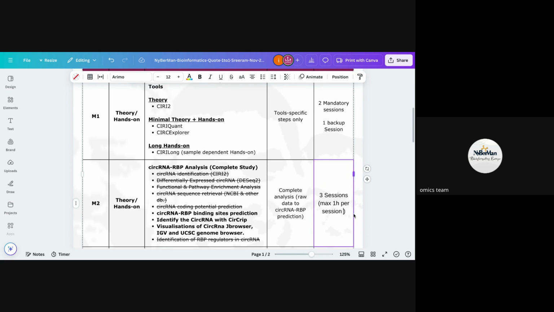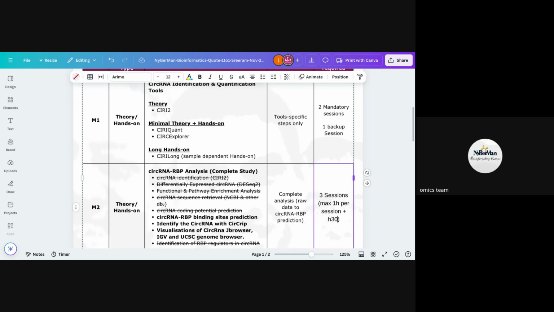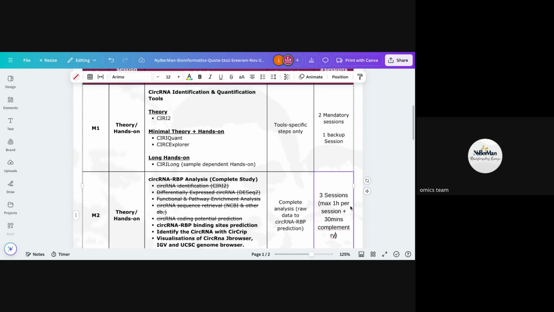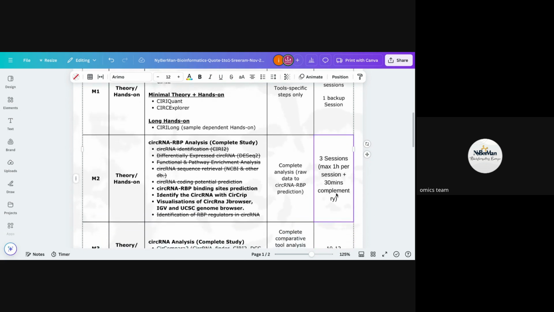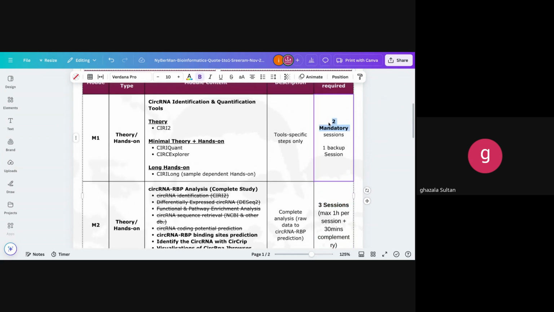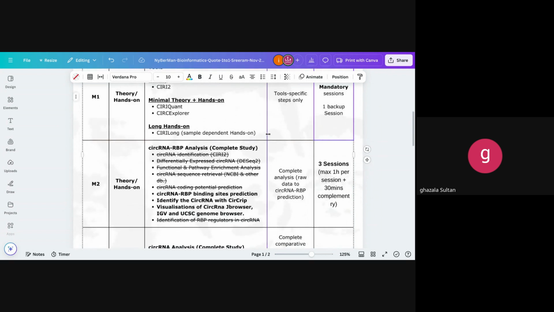Maybe like 30 minutes, only if needed. So still it's 3 sessions and a maximum of 1 hour per session. Yeah, and for now maybe you can take module 1 and module 2, and